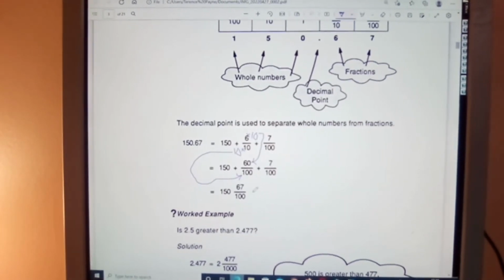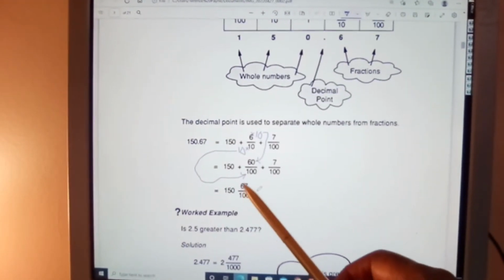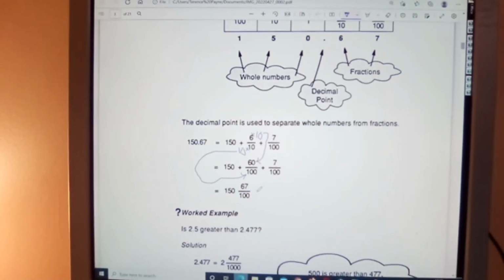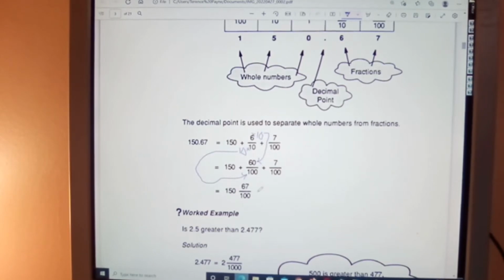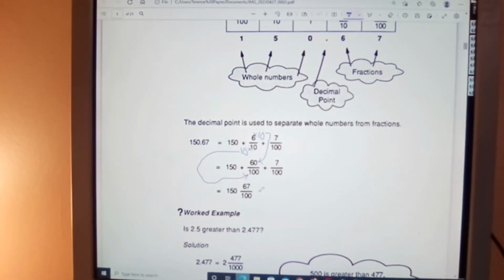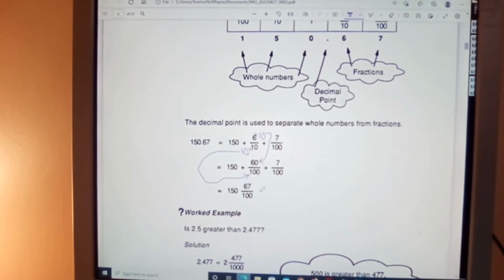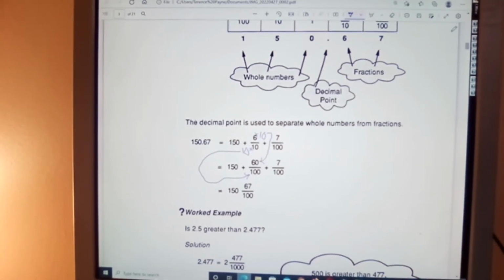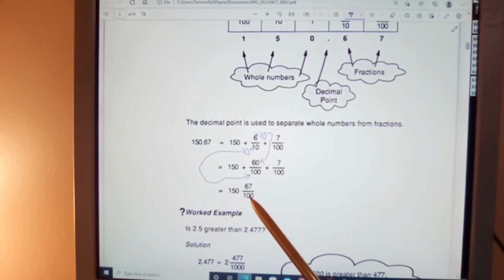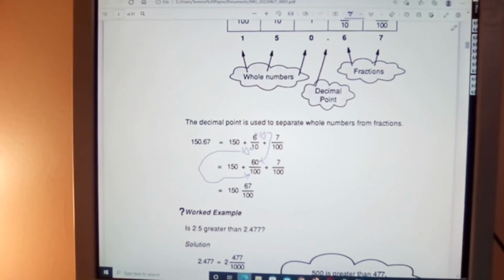Now, if you try to divide 67 by 2, it won't work. By 3, it won't work. Nope, 6 won't work either. So there's no way of bringing this down to any lower level, basically. So that will be our unit. So it's